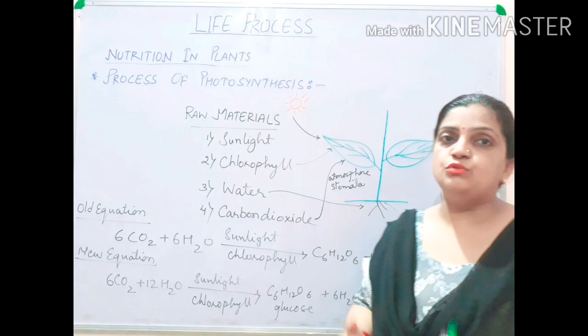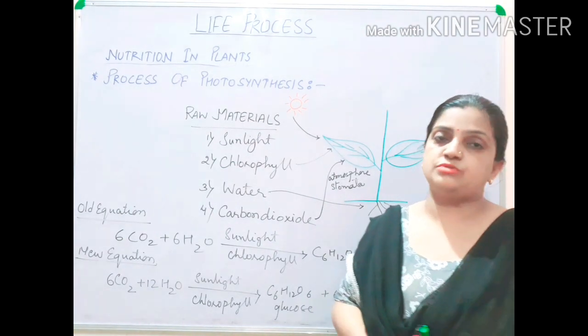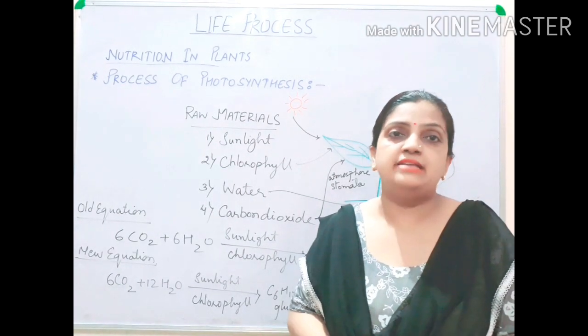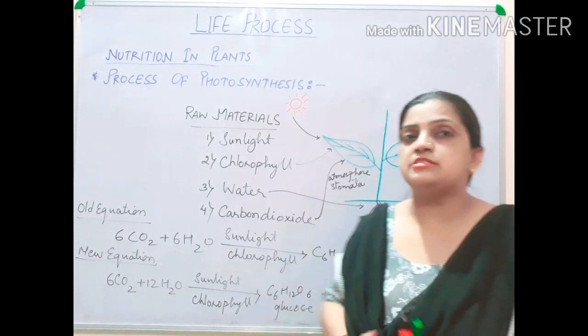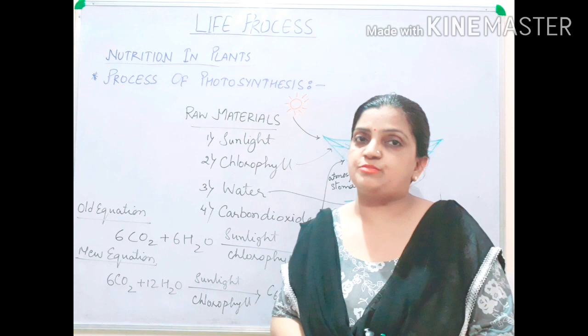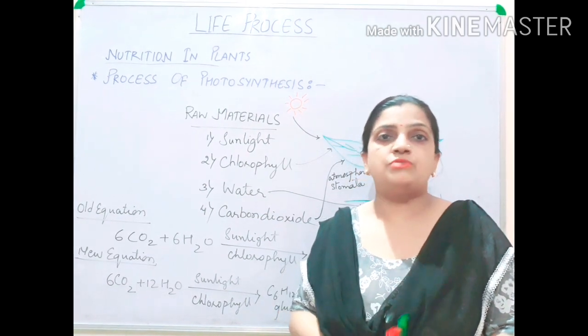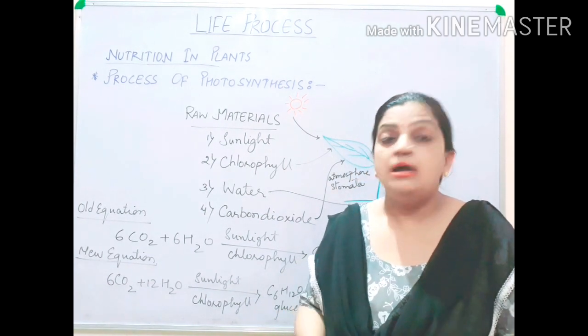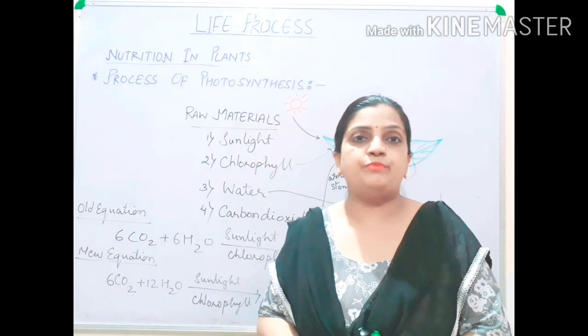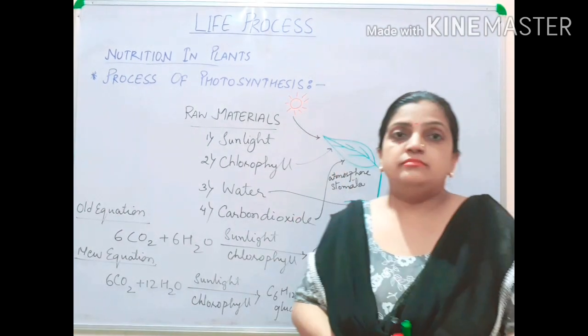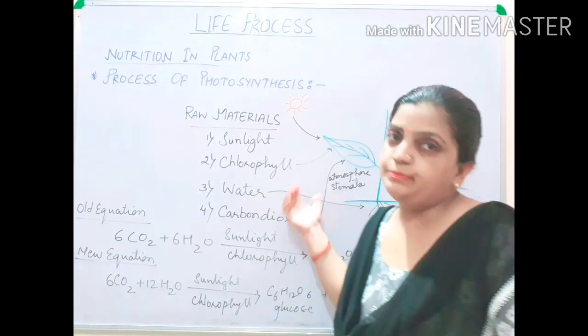Now let us move to the 3 steps of the photosynthesis. Children, there are 3 main steps which we have to study. If we consider the whole photosynthesis process, it is a very complex process. It is not possible for us to understand it now at your 10th level. But still, at the 10th level, few important points, few important steps have been discussed, which I'll be explaining here in the process.